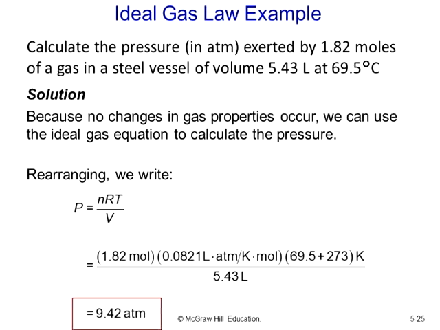So we mark off the variables in our problem simply by putting a pencil note above each of them. We see what they are. We check the units to decide which R value we use based upon the units. And in this case, we note that the pressure must be in atmospheres. Therefore, I take an R value that has atmospheres in it. I put in the values, I run the calcs, and I get